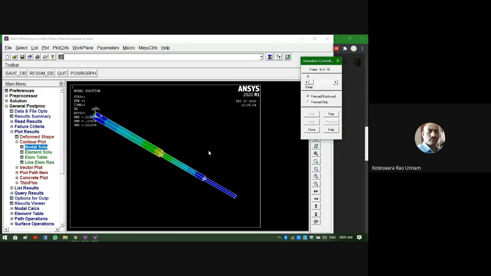You can clearly see that the bar is elongating only within this portion. This end and this end are fixed. The length of the steel portion is not changing much. That's why we are getting 0.22 into e minus 4 or something as the displacement value. So there is no considerable change in the length of this element of the bar. Only this intermediate portion is changing considerably. You can see it through this animation also.